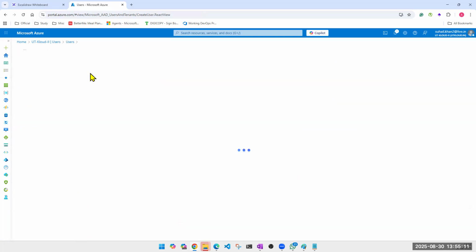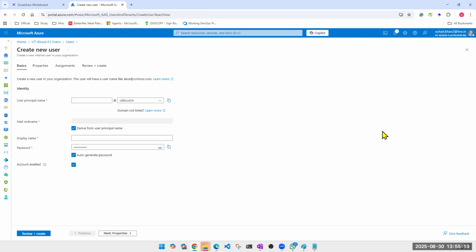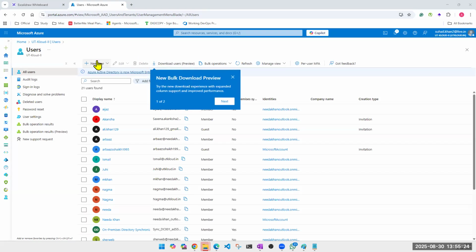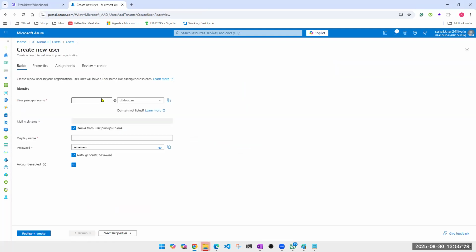There are 2 methods of creating a user. I can invite you or I can create also. Can someone quickly type in your Gmail email address here in the chat window? Meanwhile, I'm creating a user. Let's say we're creating Ajit. Okay, I'm creating a user named Ajit. Fine. Yeah, I got it, guys. Enough. I got 2 or 3.